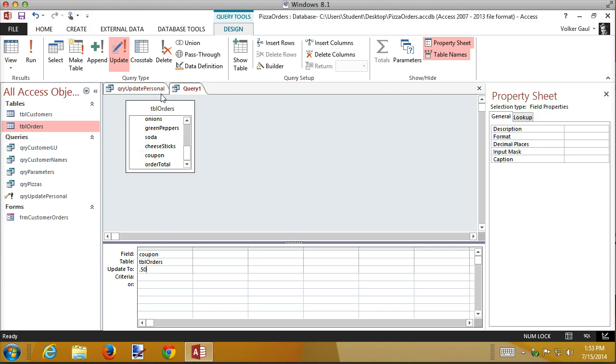Where the coupon value is greater than the order. You can't do that. What you cannot do in your criteria is look at 2 fields at the same time. That can only be done in table validation. But I happen to know, because of what I just did, that all of those have a size of personal. So I can take